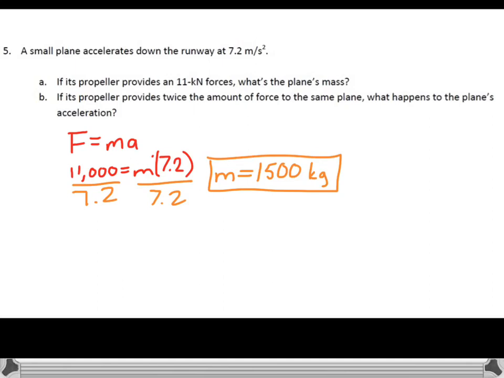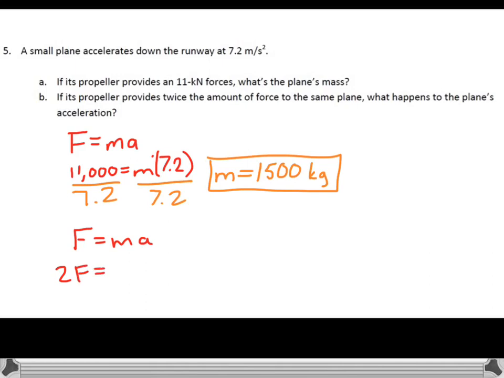Part B says, if the propeller provides twice the amount of force to the same plane, what happens to the plane's acceleration? Well, we know that force equals mass times acceleration, right? Now, if I were to make this number, the force, twice as much as it currently is, so if I double this,